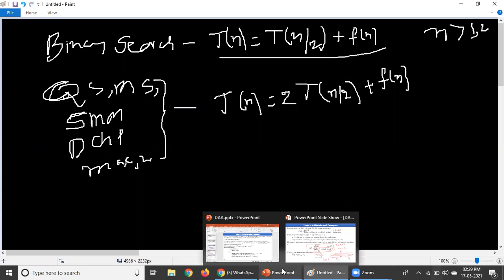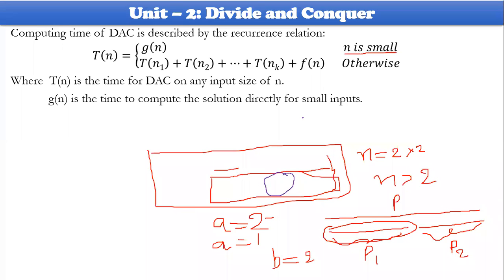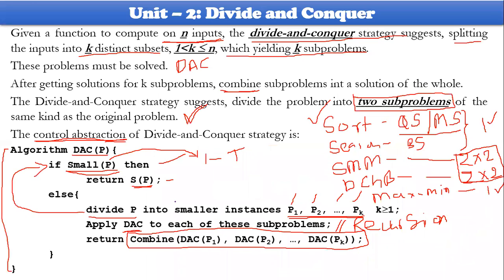Okay. Then what is the importance of this f of n here? Why have we taken f of n into consideration here? If you go ahead with the previous algorithm control abstraction, in addition to dividing, we are trying to operate two more extra operations, that is recursive calling of subproblems and combining. Both will get operated here.